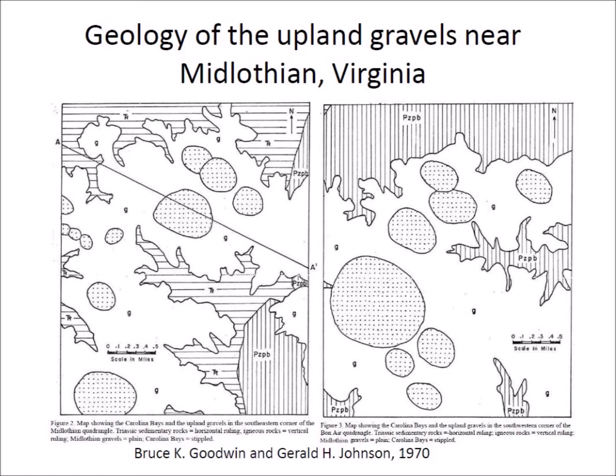The gravel deposits, shown here in white, cap more than 20 square miles of upland. The edge of the gravel cover is usually marked by a pronounced steepening of hill slopes where the gravels have resisted erosion more effectively than the underlying terrain. The thickness of the gravel field varies from almost nothing to nearly 40 feet or 12 meters. The gravel is composed of abundant pebbles and cobbles in a sandy matrix containing variable amounts of clay. The cobbles are well-rounded and average 2 to 3 inches in diameter, which is about 5 to 8 centimeters.